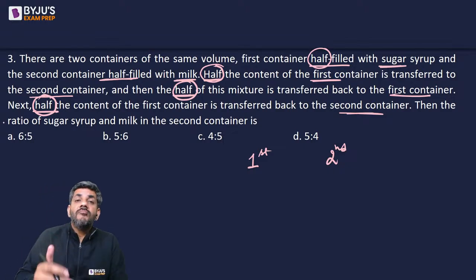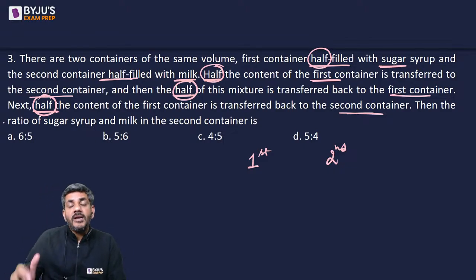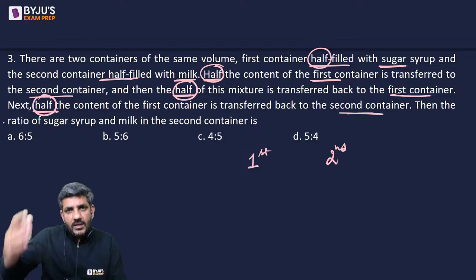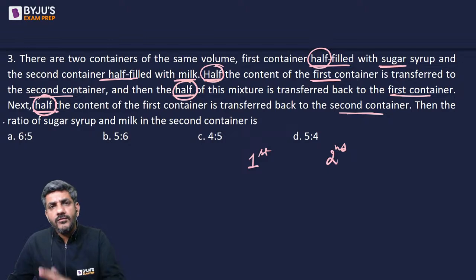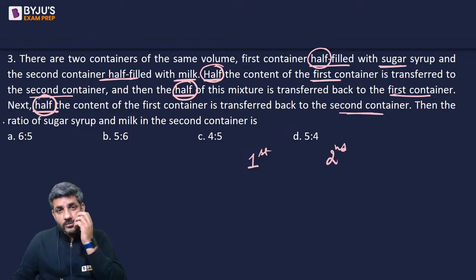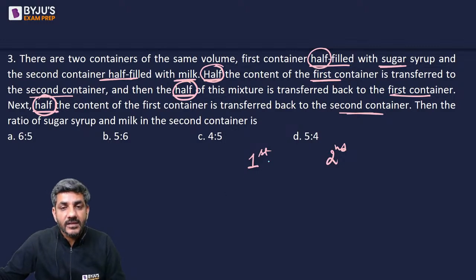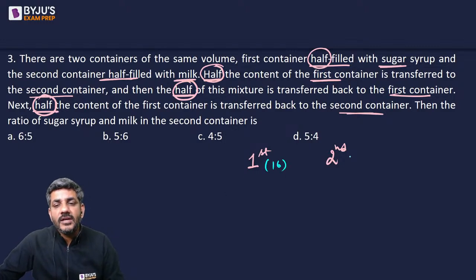And you can halve a number 4 times easily if it is a multiple of 2 to the power 4. Because if it is a multiple of 2 to the power 4, every time you halve it, still a multiple of 2 would be left. Till 4 times you can do this. So I would say it is better to assume the initial capacity as 16 liters for each of the two